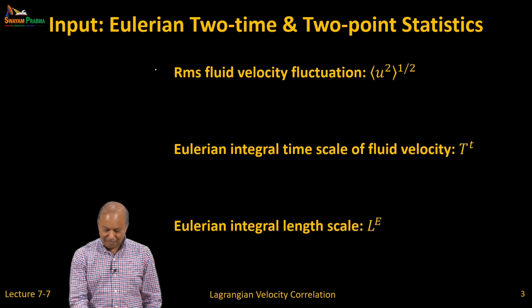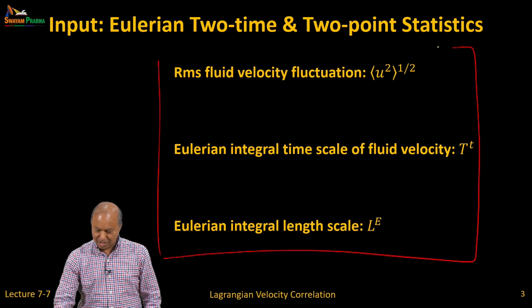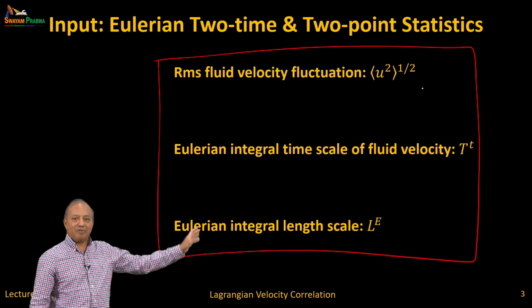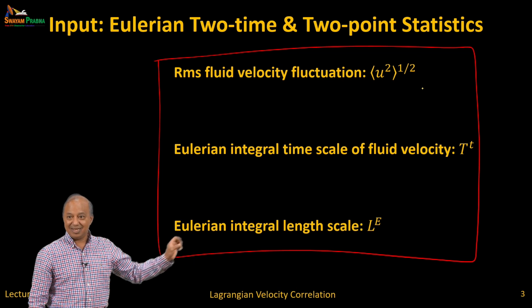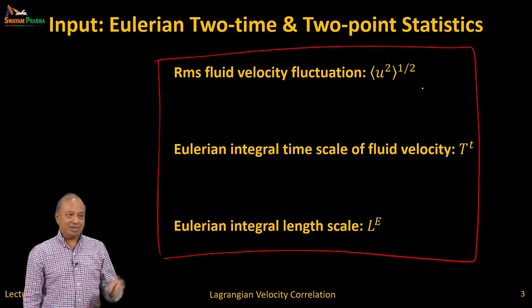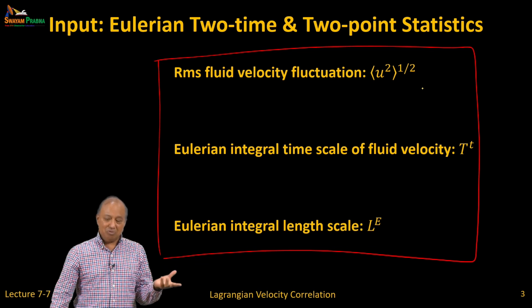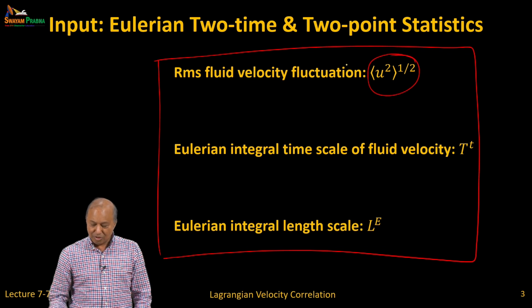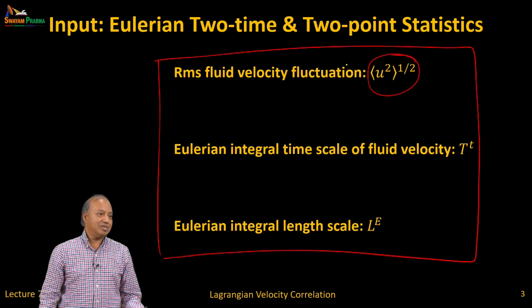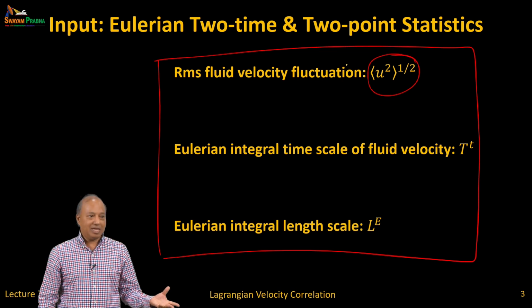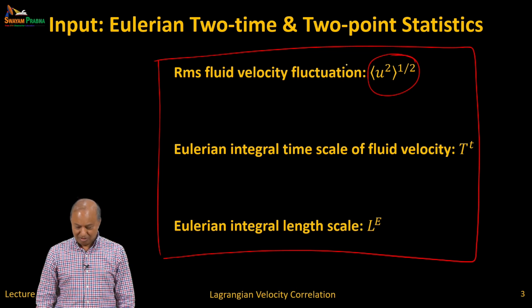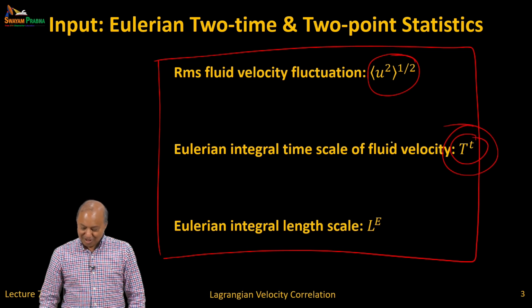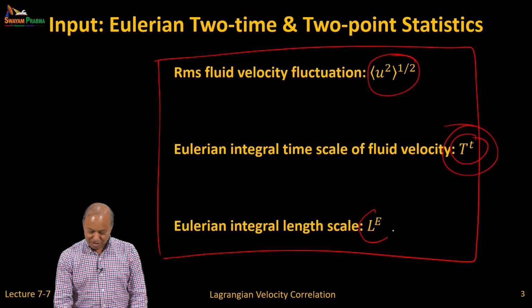But what do we have in a RANS or LES? This is what we have. In the previous slide I said what we want to describe particles, but this is the slide on what we have. When you simulate in a RANS, you will get the fluid velocity fluctuation. This comes as kinetic energy K. You know what K is. Now this you typically don't have. This is the length